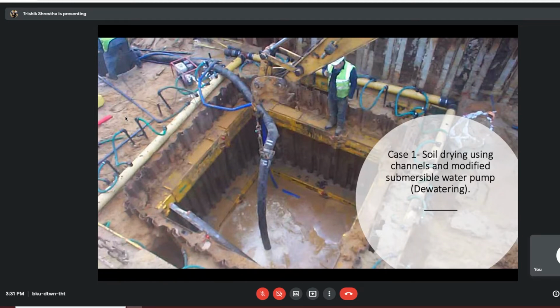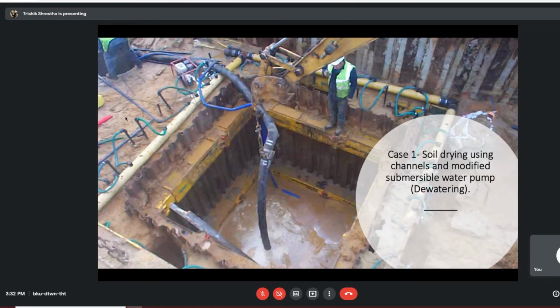And adding to our good luck, the soil that we were dealing with happened to be one of the worst soils that a contractor can ask for. It was very muddy and the working conditions were not appropriate. People were going into the construction site and then leaving covered with mud, and it was not a very good sight to see. So the solution that we used was a modified dewatering process.